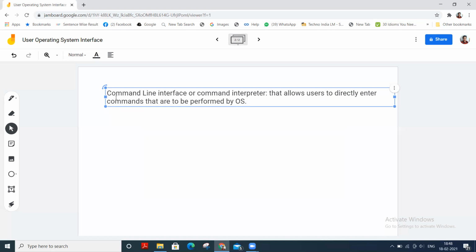So this is the command line interface or command interpreter.